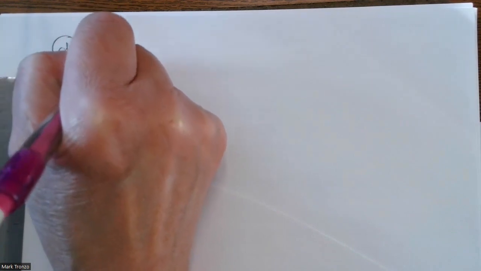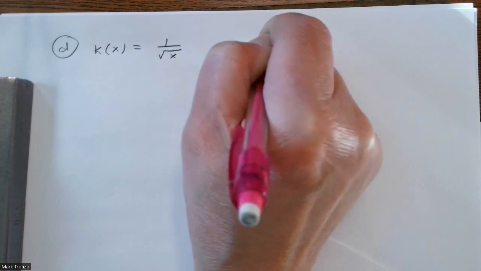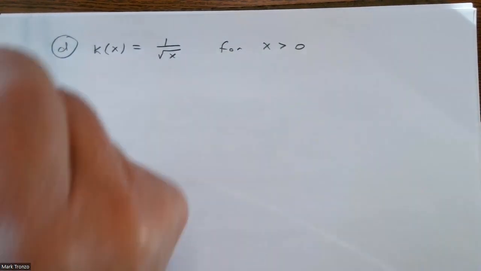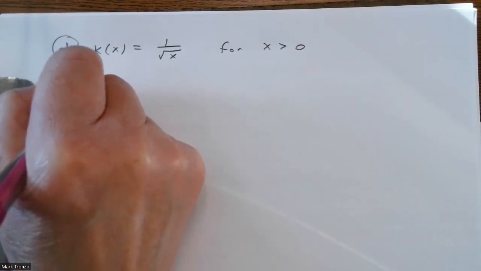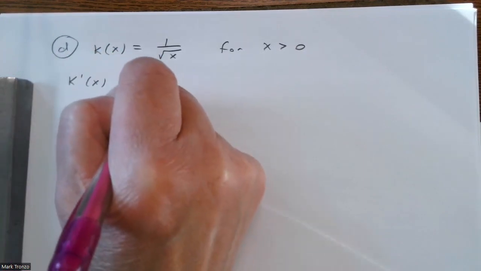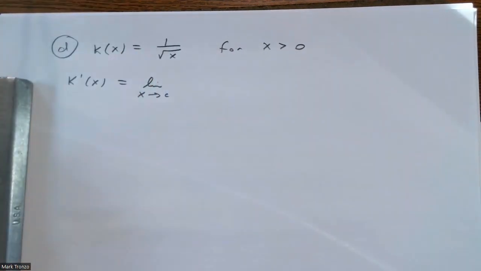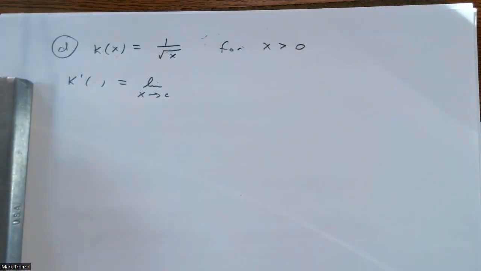This D, I call this K, 1 over square root of x for x greater than 0 again, and find the derivative. And so K prime would be the limit as x approaches, and actually I should probably have a c in here to be technically correct. I'm finding the derivative at a particular point c,